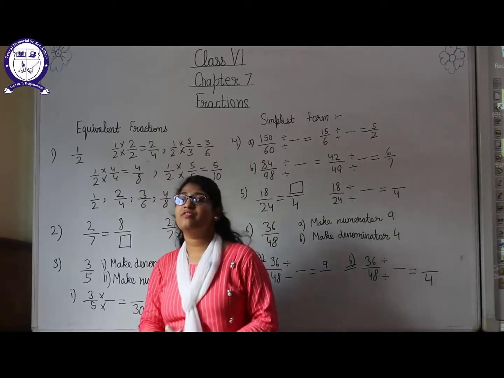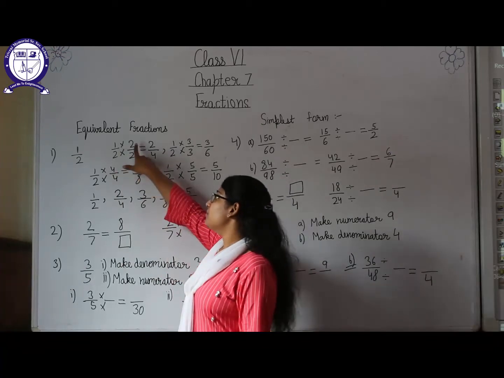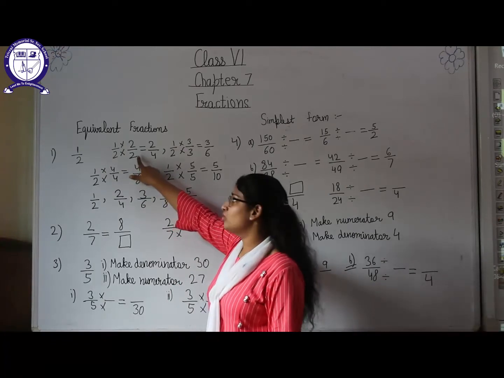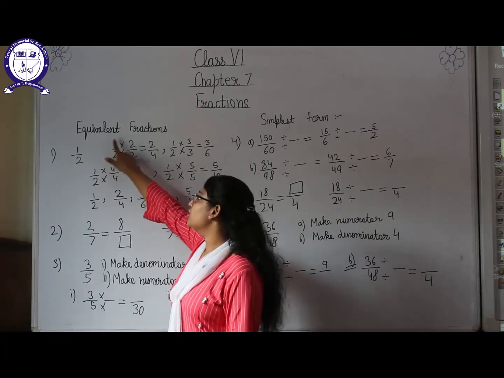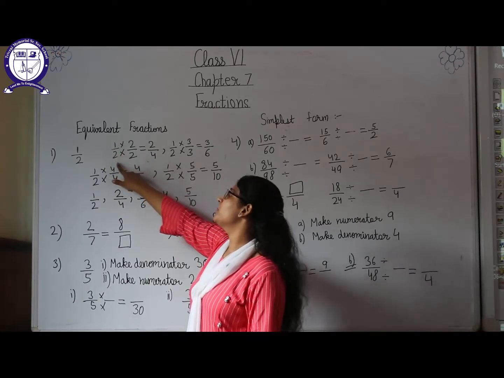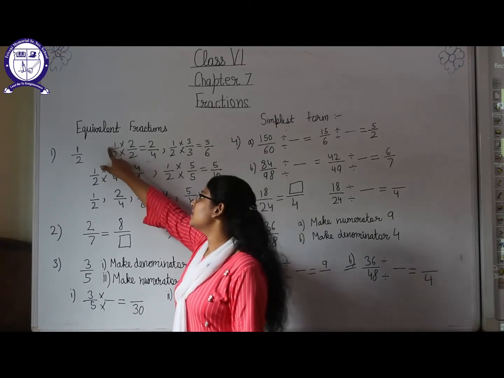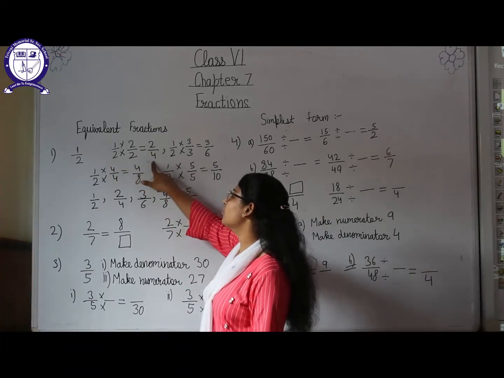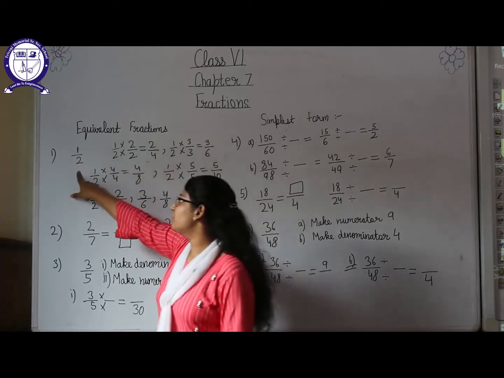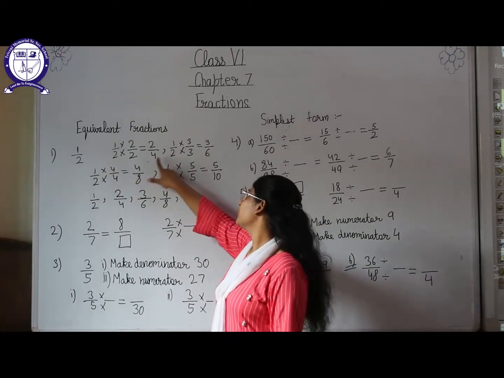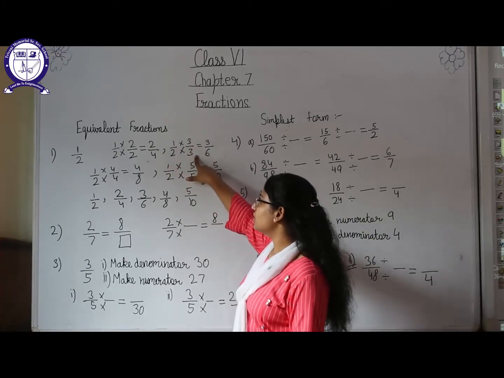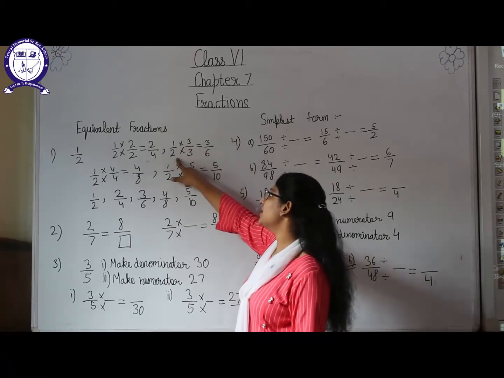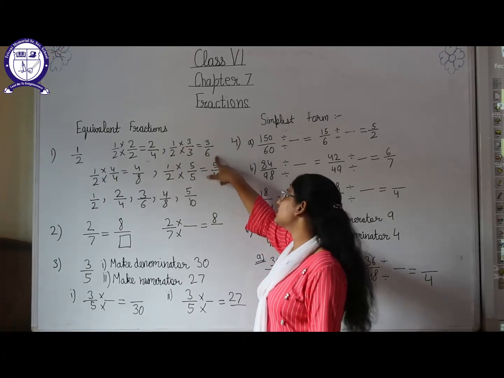In this, students, you have to take care that the number with which you are multiplying the numerator, you have to multiply the denominator with it also. Or we can say that multiply the numerator and the denominator with the same value. So here 1/2, and when we multiply by 2/2, 2 times 1 is 2 and 2 times 2 is 4. So the equivalent fraction of 1/2 comes out to be 2/4. Then 1/2 into 3/3. Here we took 2/2, then we will take 3/3. So 1 times 3 will be 3, and 2 times 3 is 6. So it is giving us 3/6.